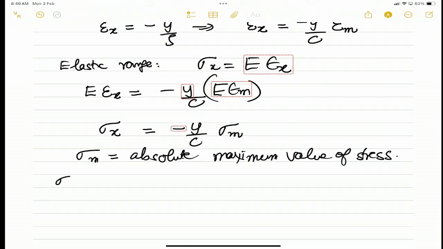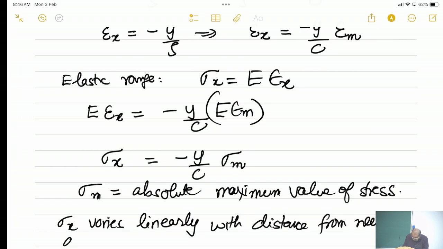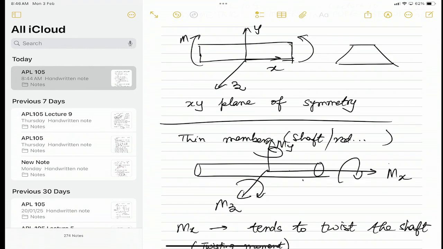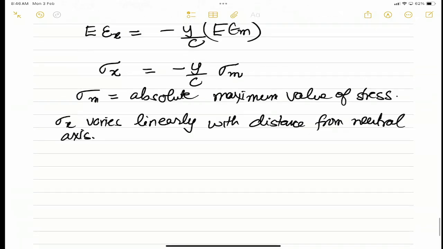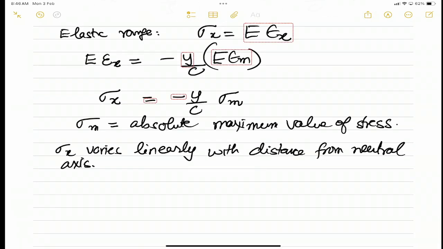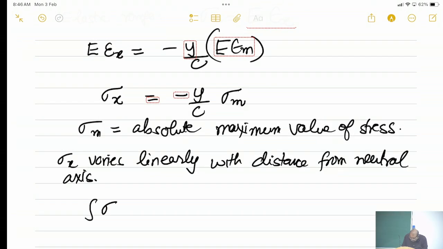Now sigma x varies linearly with distance. Let's get back to this again. What we get is that sigma x varies linearly with distance from the neutral axis. It is proportional to y, so that it varies linearly. Now, what we know is